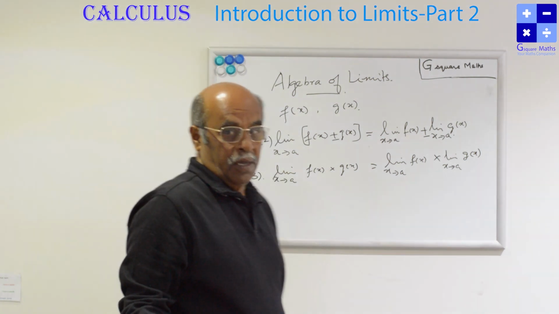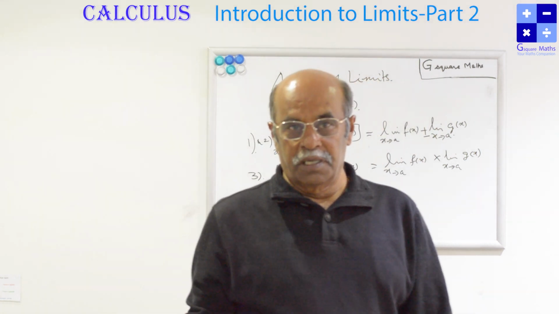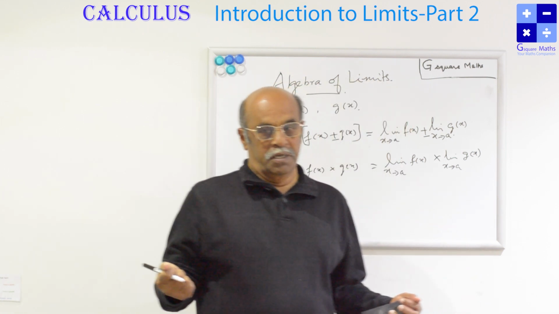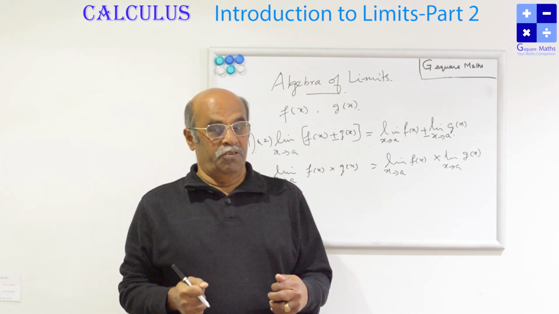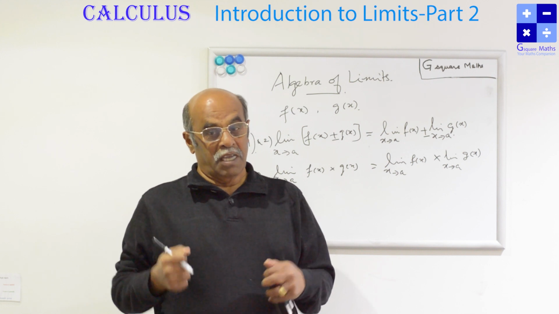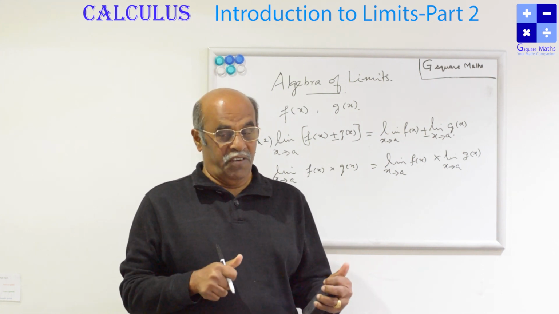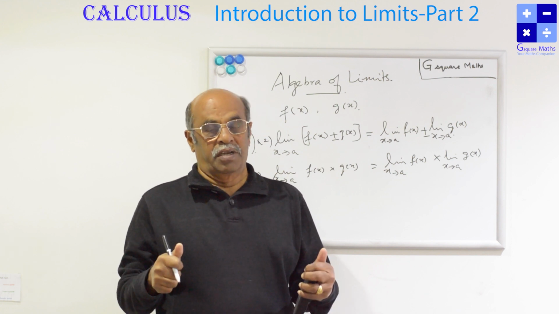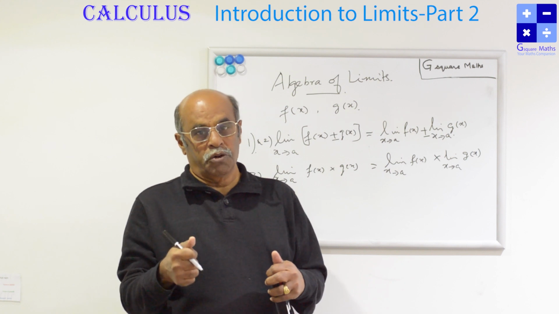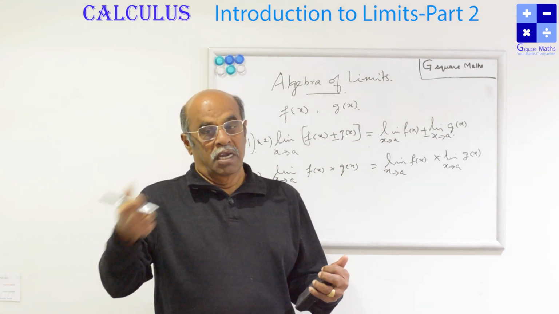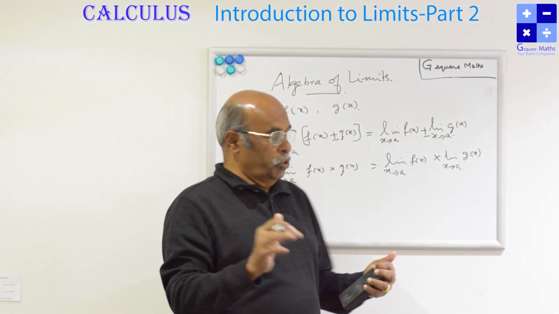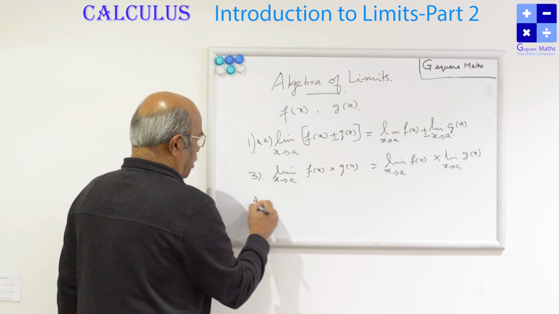So, my dear children, limit of the sum is equal to sum of the limits, limit of the difference is equal to difference of the limits, limit of the product is equal to product of the limits. Now come to the quotient. We have to be a little careful. Whenever we are dividing by some number, if that number is 0, it is not defined. x by 0 is not defined. 0 by x is 0 if x is not 0. If it is 0 by 0, it's again undefined. So the denominator should not be 0.